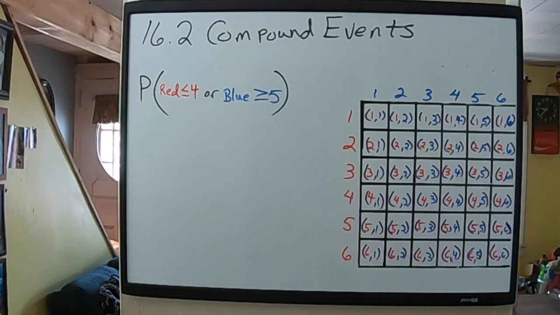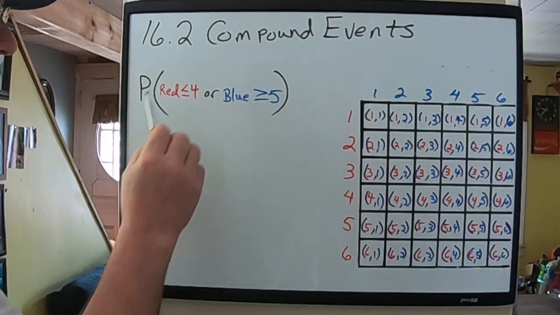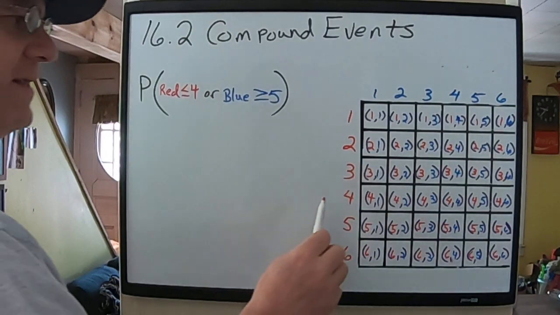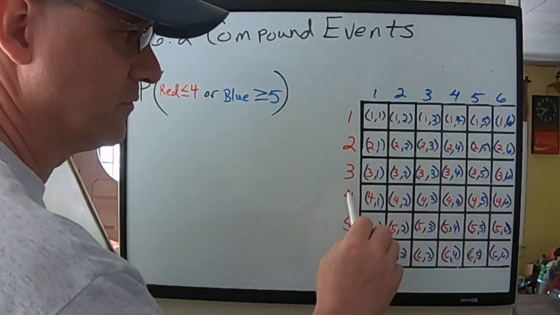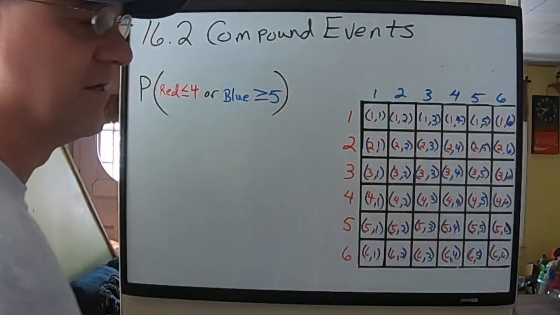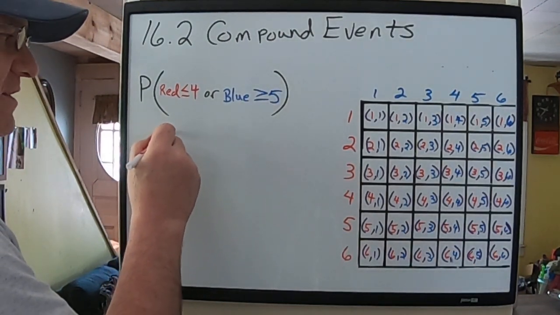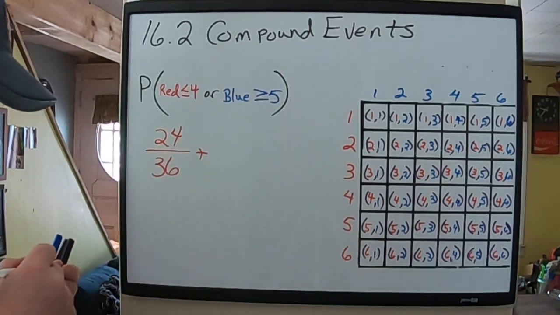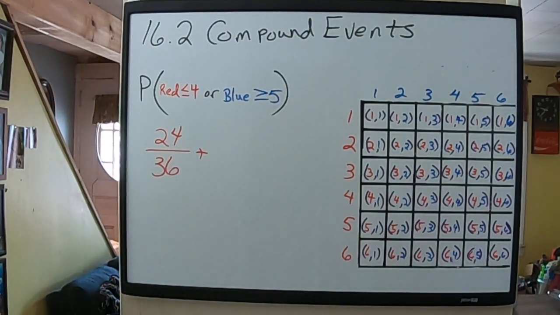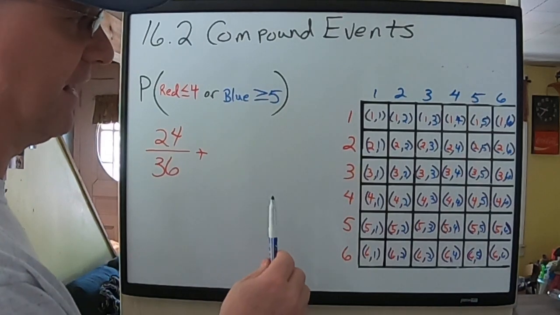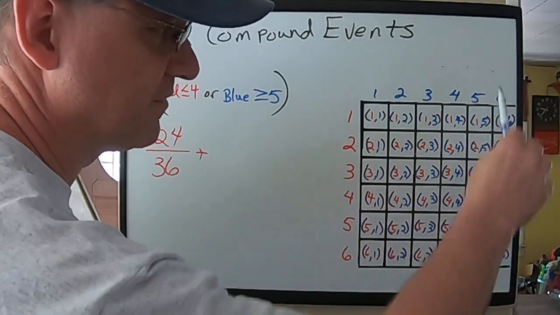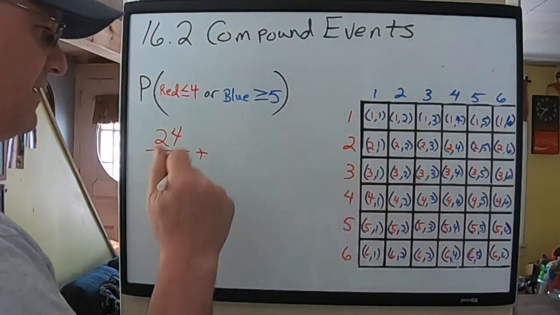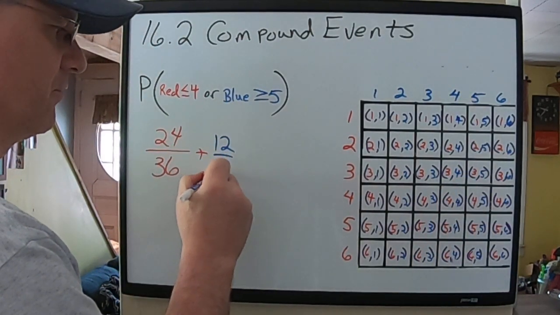The chances that red is less than or equal to 4, well, there's 1, 2, 3, 4 different rows where red is that, and there's 6 in a row, so 4 sixes is 24 out of 36 are going to be that. Blue greater or equal to 5, 2 rows, so that's 12 out of 36,